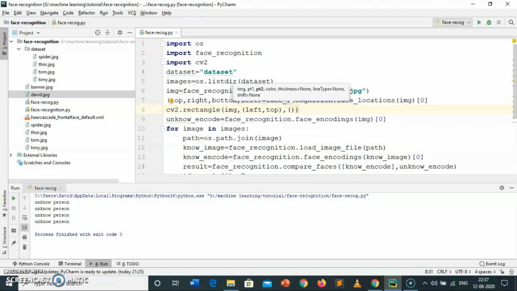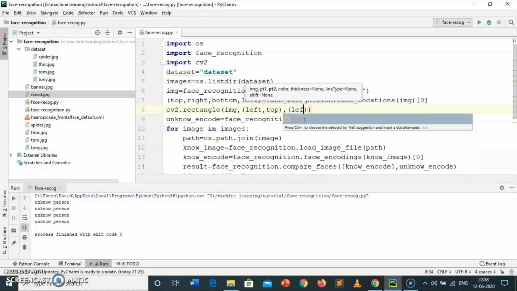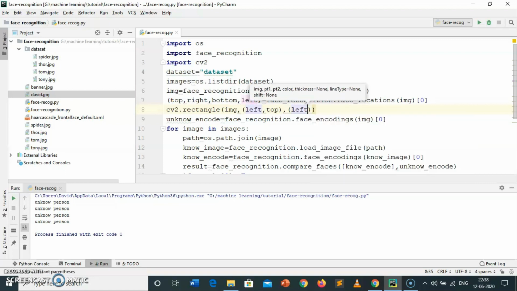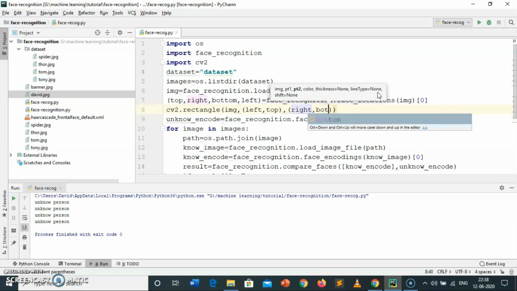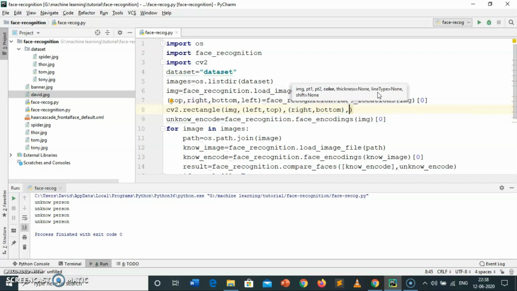So I am going to give the same as the left and top, sorry, not left, right and bottom. Now I am going to provide the color. So I am going to provide the green color. Now escape.